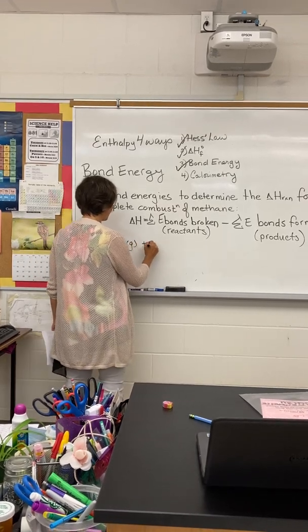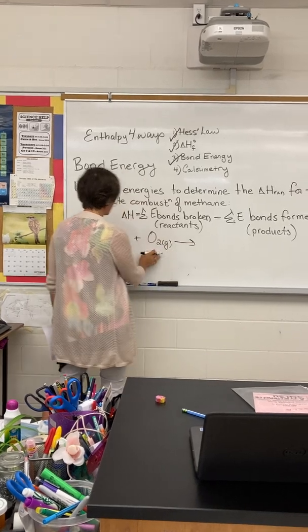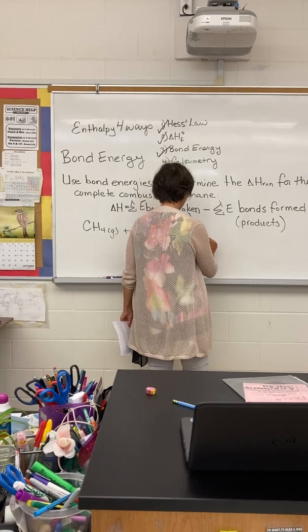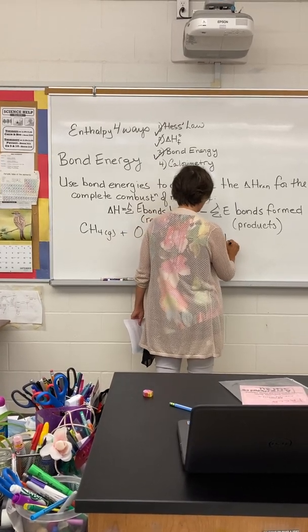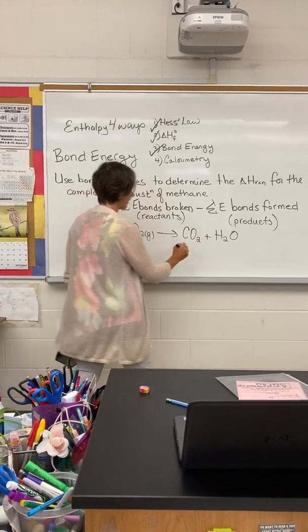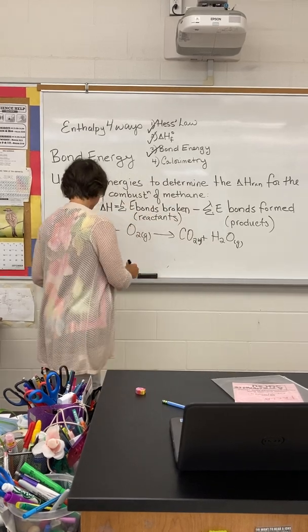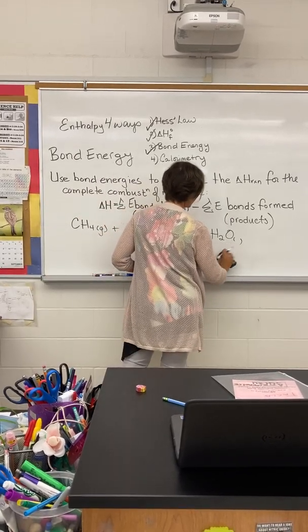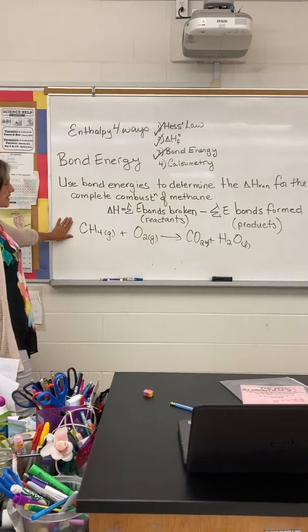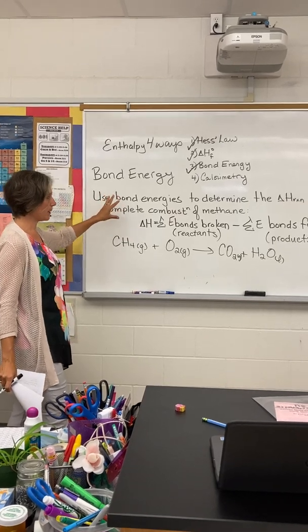So we have oxygen as our reactant, and we have our carbon dioxide and water because it is a complete combustion, so we don't have to worry about carbon monoxide or carbon. All right, I'm going to put this as liquid. All right, so this is the equation that we're going to determine the delta H for using the bond energy